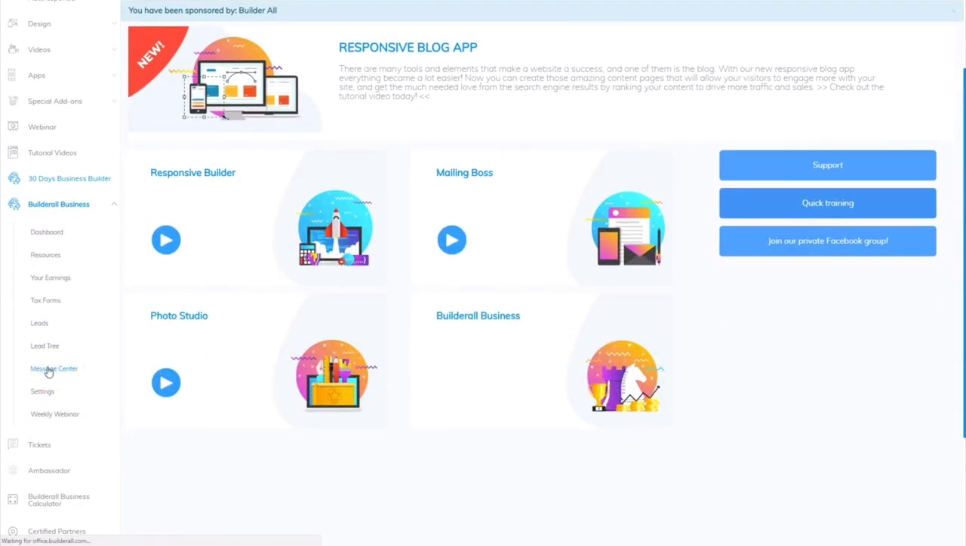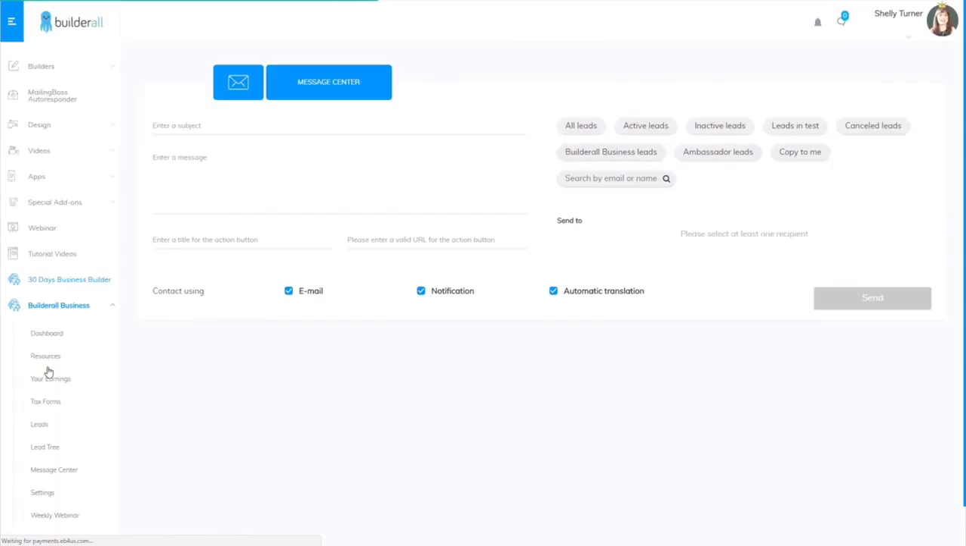And when I click that, it brings up a really neat list of all the different categories of individuals I can send a message to that is within my business network. So I can choose to send a message to all leads, only the active leads, only the inactive leads. I can send a message to all the leads that are currently in test mode. I can send a message to all canceled leads, all Builderall business leads, ambassador level leads,